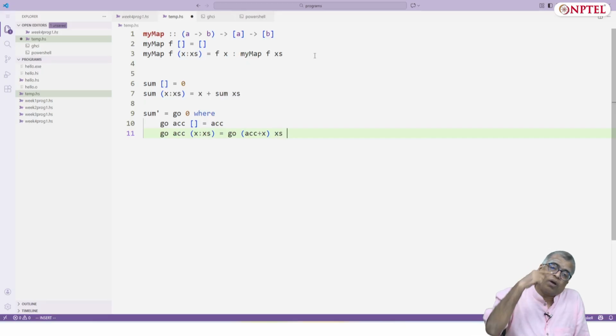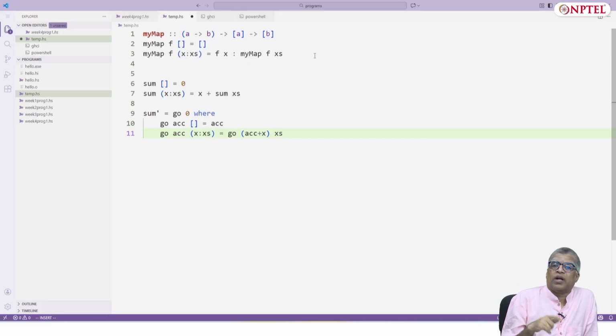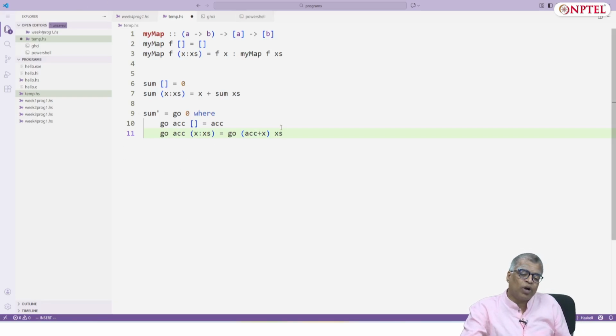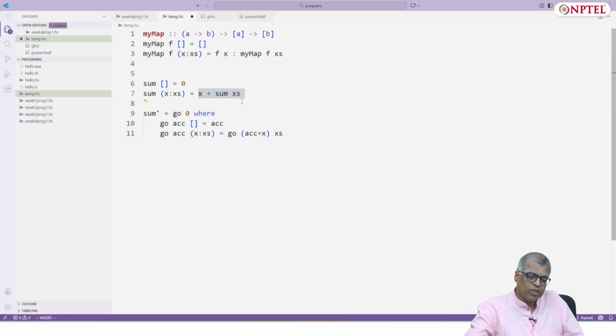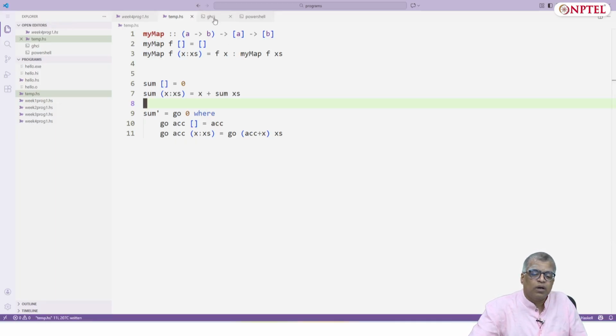Okay. Here you are repeatedly modifying the accumulator and making the recursive call with the modified accumulator, whereas here you are combining the first value with the result of the recursive call. Okay. These are the two patterns, and both will of course produce the same result.